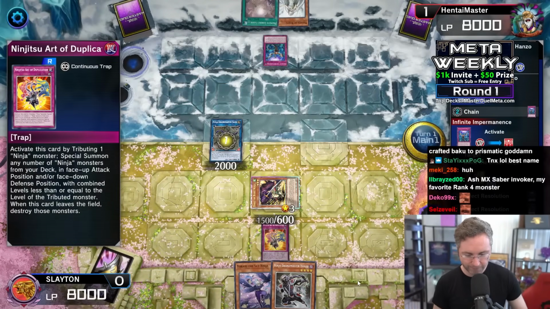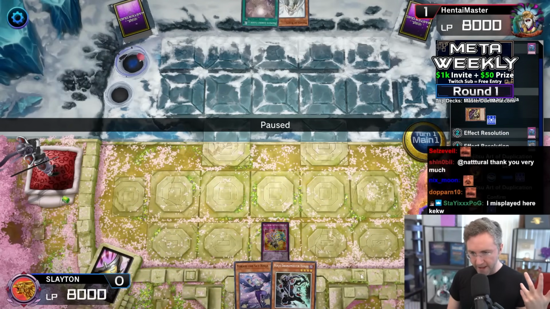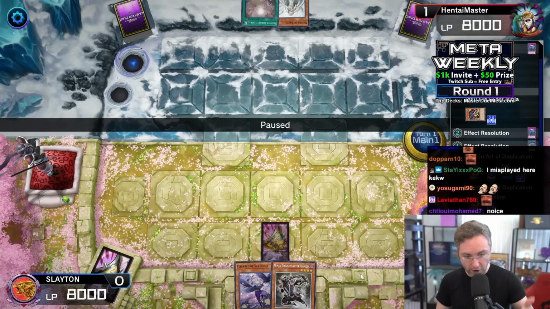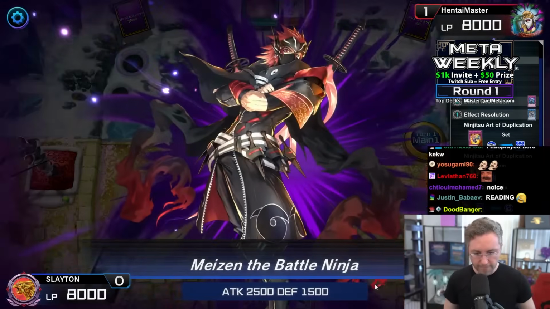Nicely done. Now, in the TCG, they would probably let you take the card back, and you may be thinking, that's ridiculous, no way they would. Well, they would say it's an illegal activation. You're targeting the Saizo when you can't, and then you'd add it back to the hand. Come forth,